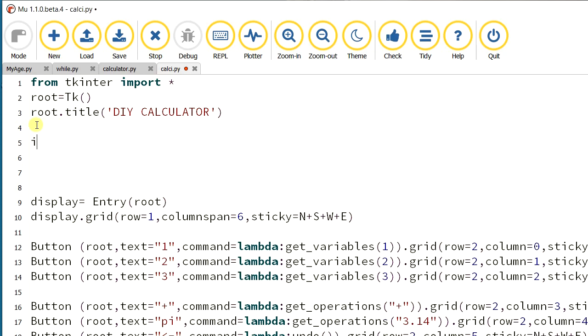Okay, let's declare i equal to 0. Why are we declaring i? Here i keeps track of the current position of the input that the user gives in the text field. We will be given the input one by one, like numbers 1 plus 2 plus 3. In that, each input, numbers and operators, is counted as 1, 2, 3. And after calculating the value using this input, i becomes 0 again.